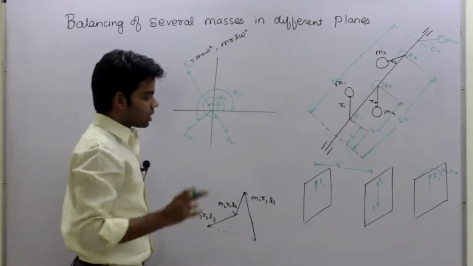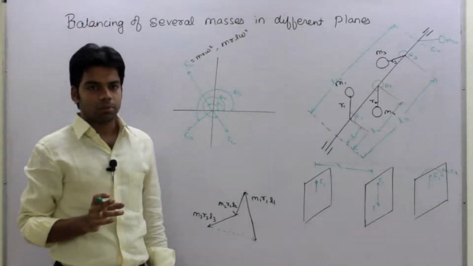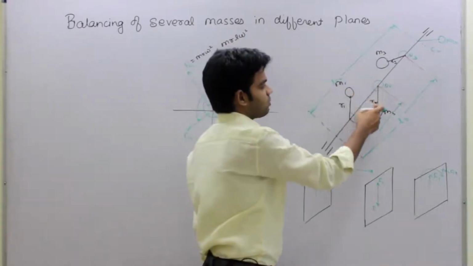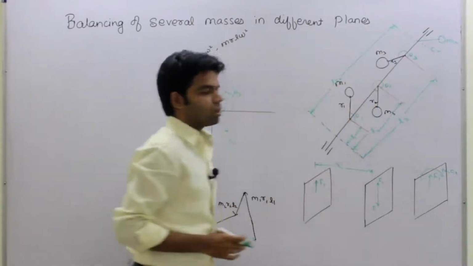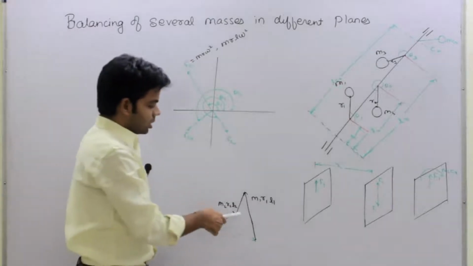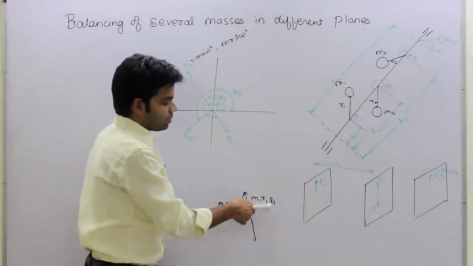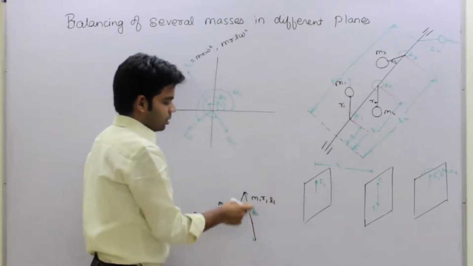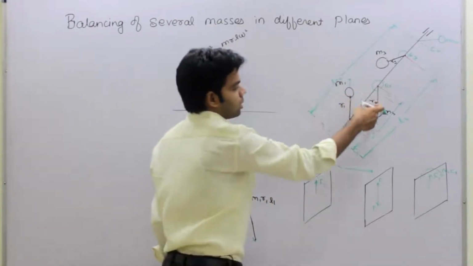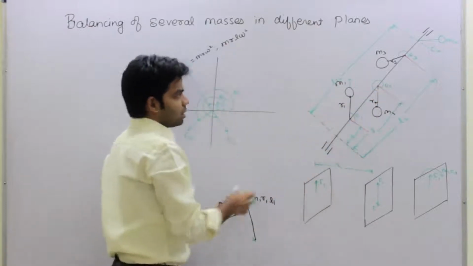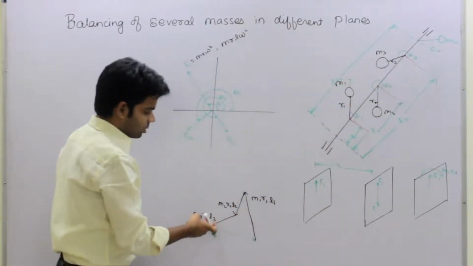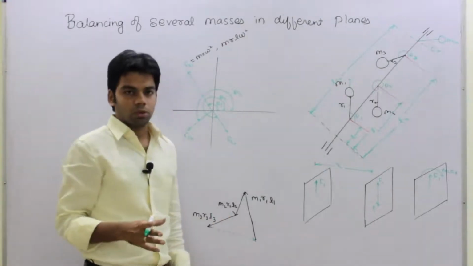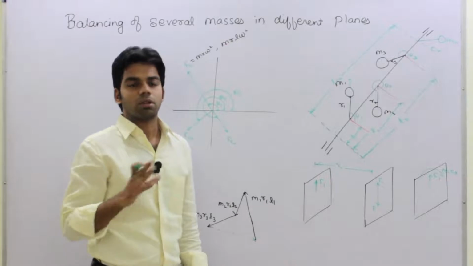Okay, initially we have to draw the couple vector polygon. The direction of couple vector polygon is same as that of the direction of m1, m2 and m3, radius of m1, m2 and m3. Okay, so initial vector m1 r1 l1, omega square is taken as common, so this m1 r1 l1, this vector, then m2 r2 l2 parallel to this vector, then m3 r3 l3 parallel to this vector. Okay, the remaining we are not having the closed polygon. ये closed polygon नहीं है, this means this is not a balanced one.